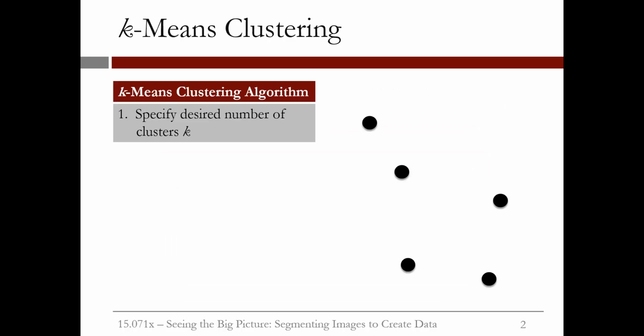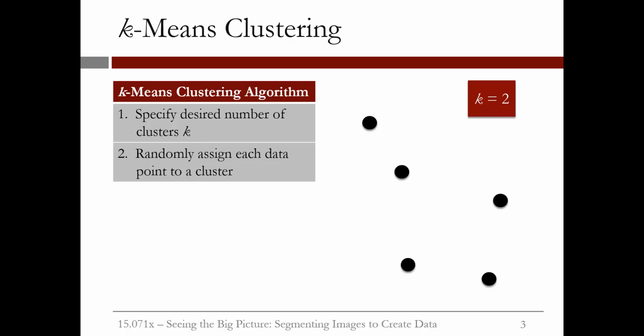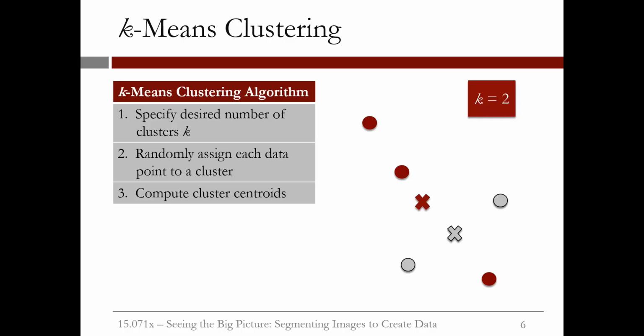In this example, we have 5 data points. The first step is to specify the number of clusters, and suppose we wish to find 2 clusters, so set k equals 2. Then we start by randomly grouping the data into 2 clusters. For instance, 3 points in the red cluster and the remaining 2 points in the gray cluster. The next step is to compute the cluster means or centroids. Let's first compute the mean of the red cluster, and then the mean of the gray cluster is simply the